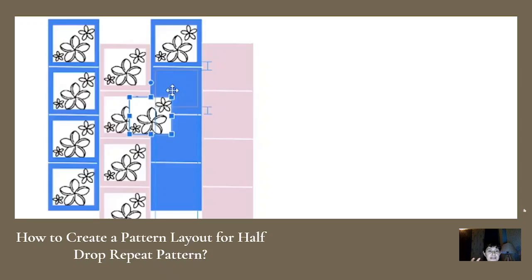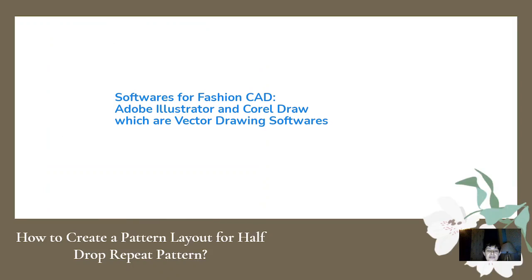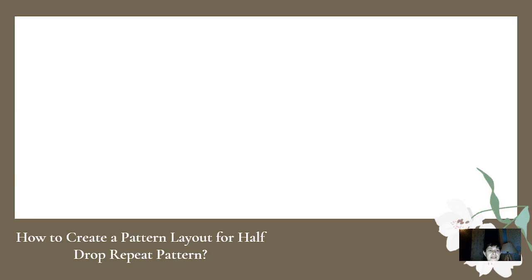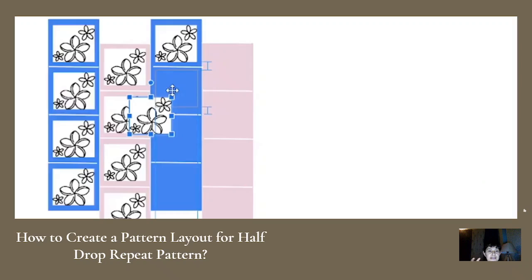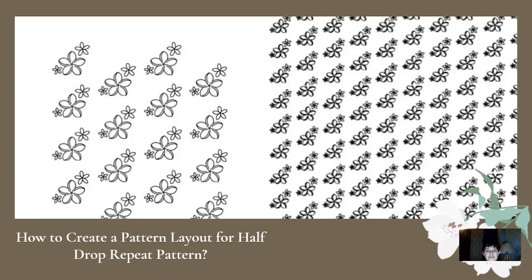So you can create this kind of grid either by hand, or if you're good in software like Adobe Illustrator or CorelDRAW, you can use these software to create this style of repeat pattern. And once you create a grid like this, you have to start placing your motif exactly in the middle of each and every cell, and this is how it looks when you repeat the same pattern on a fabric as an all over design.